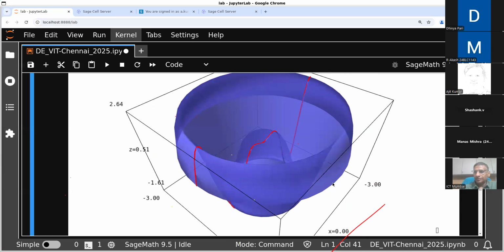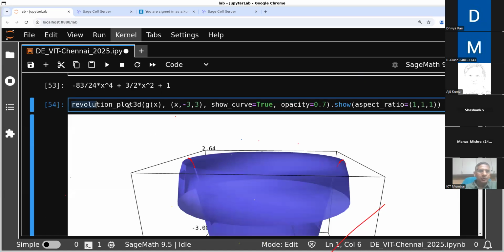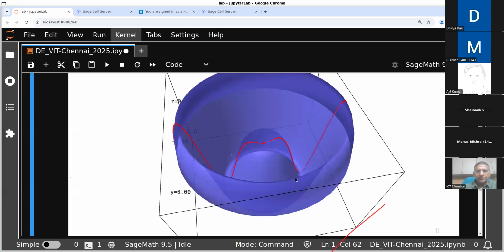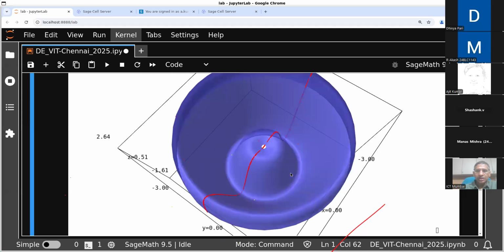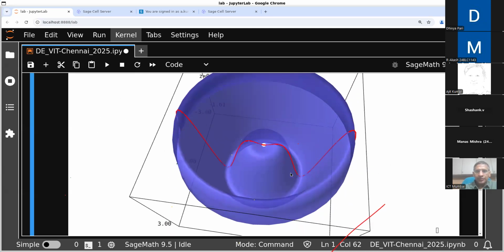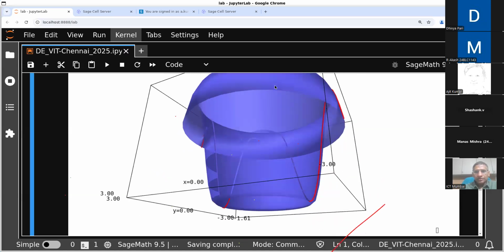Of course, a similar thing is there in MATLAB. So how is the function defined? Revolution underscore plot 3D of g of x, x between -3 and 3. I'm also showing the curve, and opacity is equal to 0.7. So it's some kind of transparency, right? Aspect ratio is 1, 1, 1, right? This is how the graph looks like. So there is a small hole, it looks like, because at 0